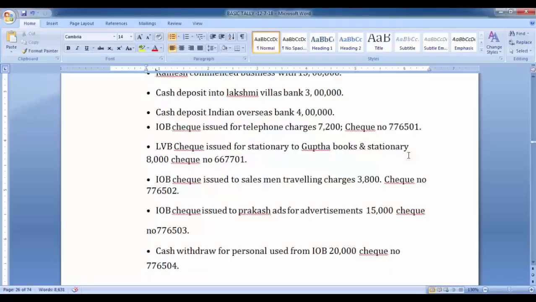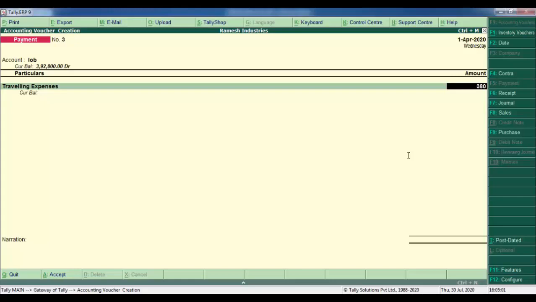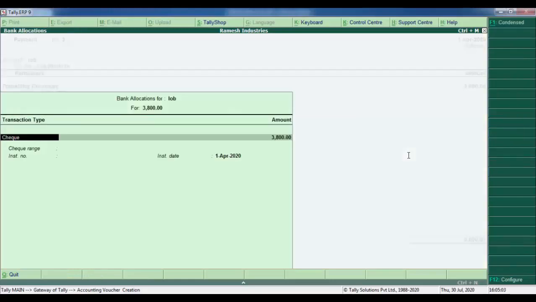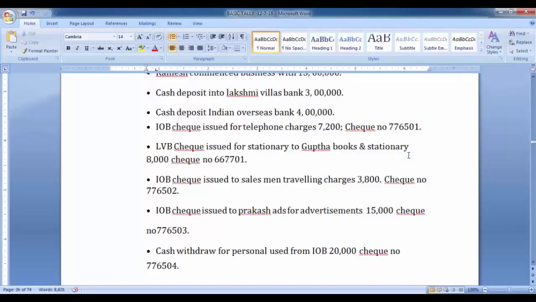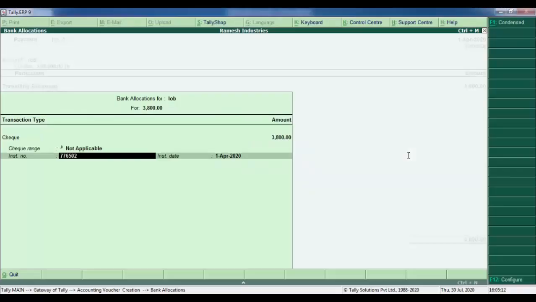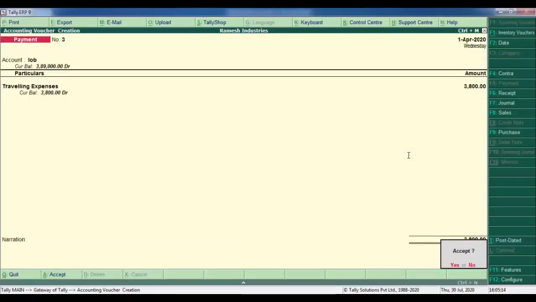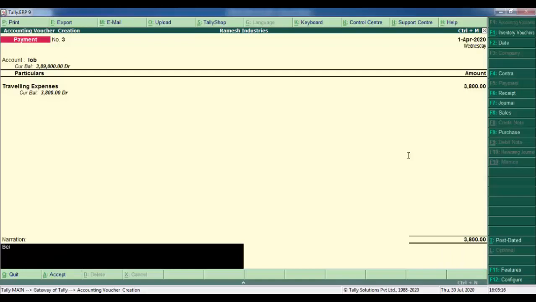The amount is 3,800, the check number is 776502, and the reason is being paid to salesman.